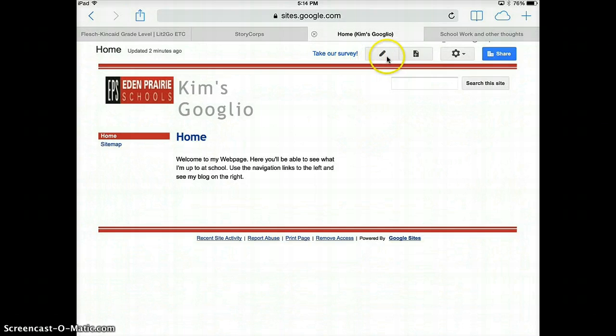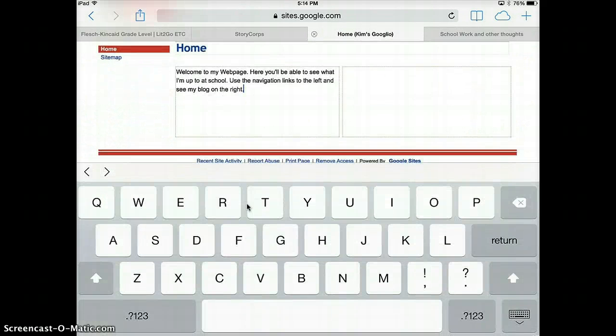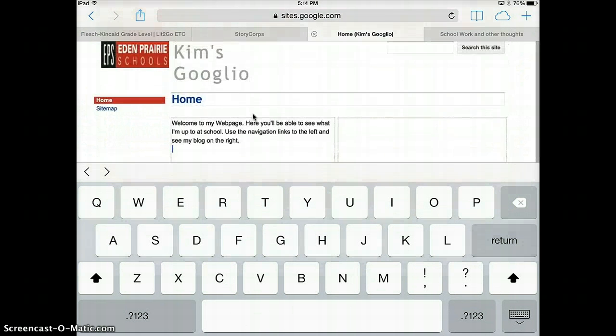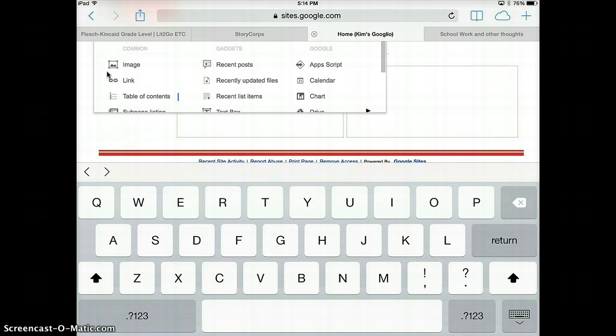And remember these tools that you're going to become very familiar with. We're going to go ahead and select the editing tool, since we're going to edit this page. And we need to tell the Google site where we want the image to be inserted. So just select right after that word and hit return. Now don't hide your keyboard, otherwise Google will decide where your image goes, but instead scroll up until we see our editing tools and select insert. We're going to insert an image